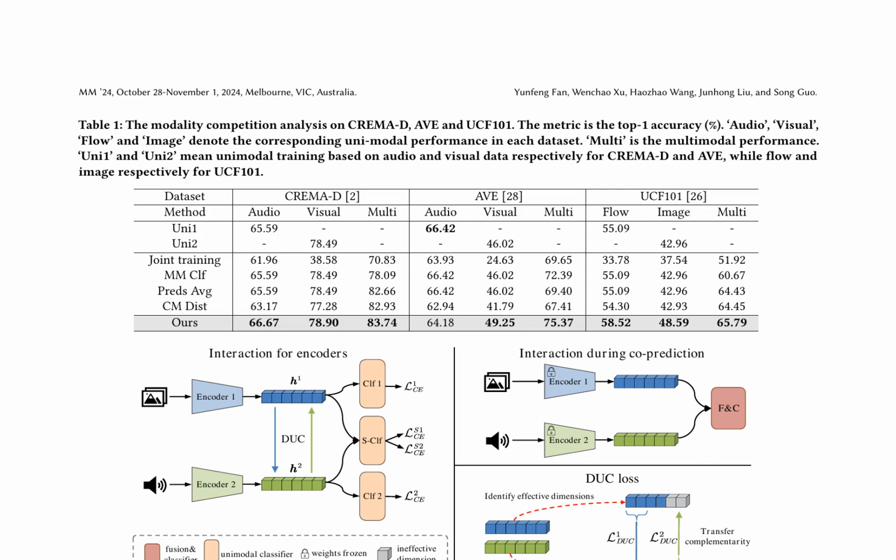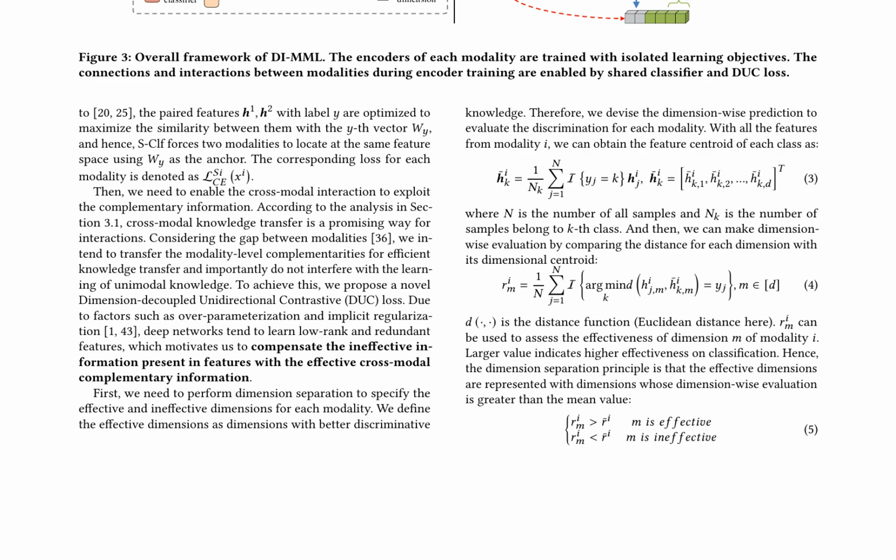This framework consists of 2 encoders, one for each modality, trained with isolated learning objectives. The connections and interactions between modalities during encoder training are enabled by a shared classifier and a novel dimension-decoupled unidirectional contrastive (DUC) loss. The DUC loss is designed to transfer modality-level complementarities for efficient knowledge transfer, without interfering with the